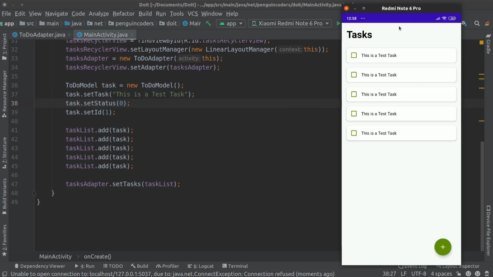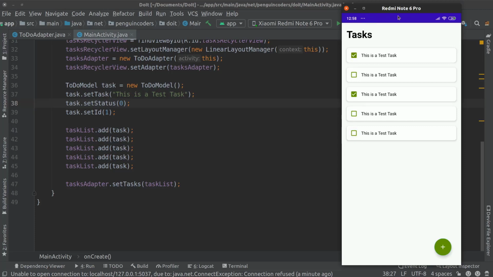Now as you can see, we have our task layout ready, and we have this task being displayed 5 times on our screen. The floating action button will not work here because we haven't done anything. Now we can check the checkbox and uncheck it. This is working. Okay, now as you can see, our top bar is purple.